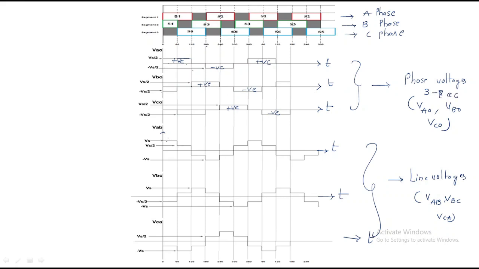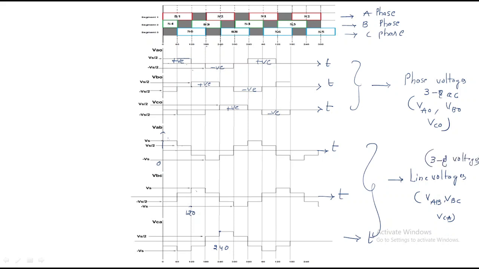For line voltages, look at the line voltage. For example, the line voltage peak is here. After 60 and 120 degrees, you will get the peak here. The gap is 120 degrees. For this line also, it starts from here, and after 60 and 120 degrees it will start here. This peak starts at 0, this peak starts at 120, and this peak starts at 240. So these line voltages are also in the three phase system, and they also follow the three phase voltages.